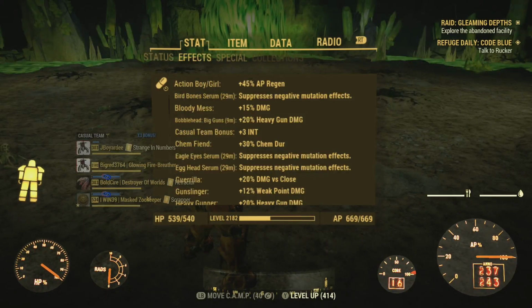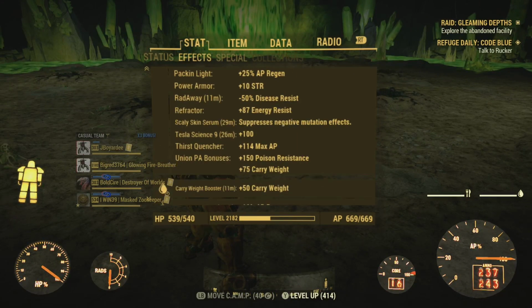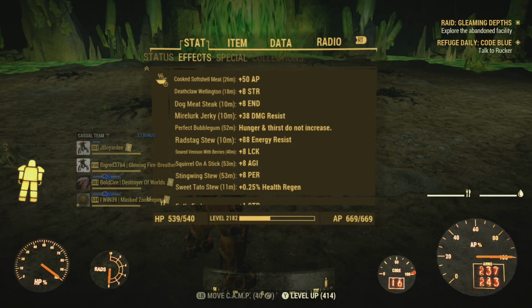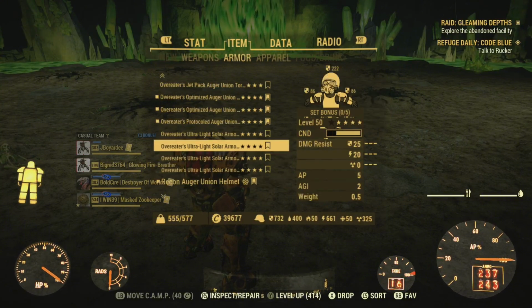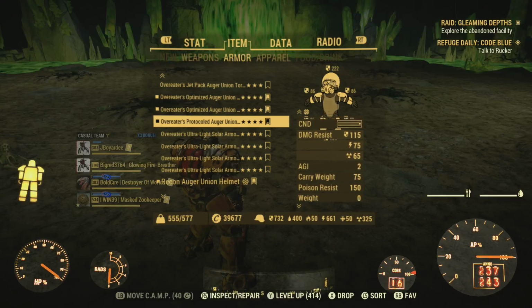All our buffs will be the same. Bobblehead Big Guns, we'll have a Test of Science 9, a Cubby Tea going, Sweet Mud Fruit Tea going. We'll have a Cooked Soft Shell Meat going for the 50 AP, Squirtle Stick for the +8 agility. And like I said, if you want limit breakers on your armor pieces, dynamic